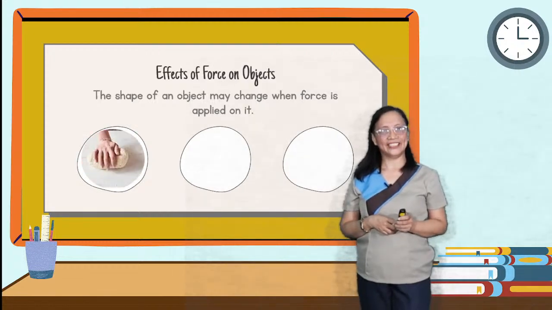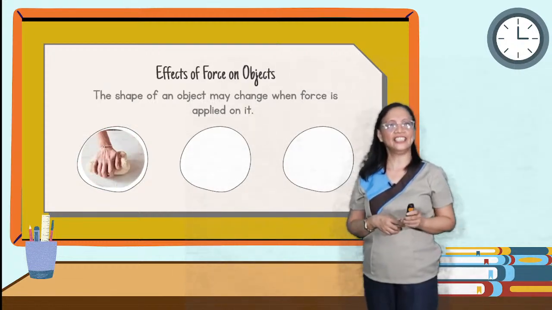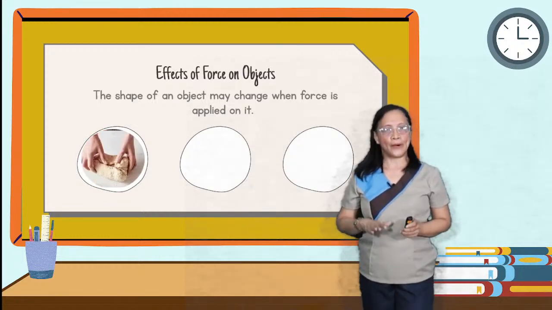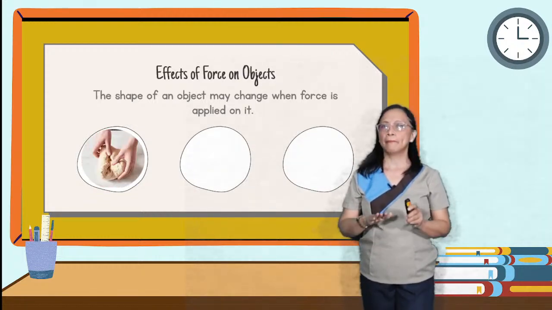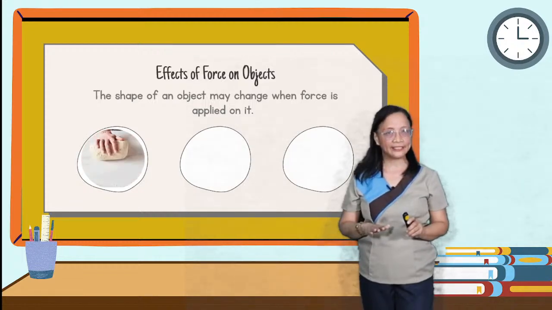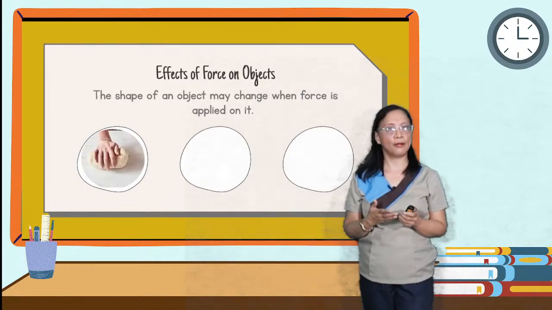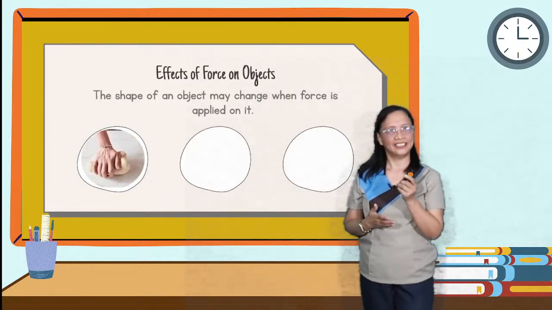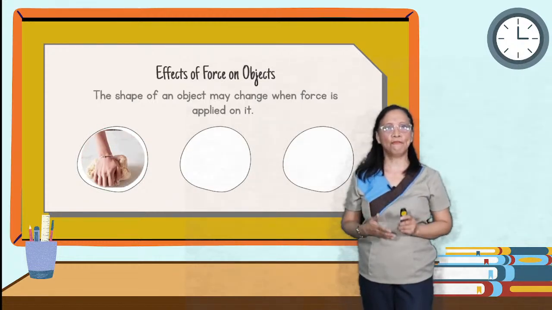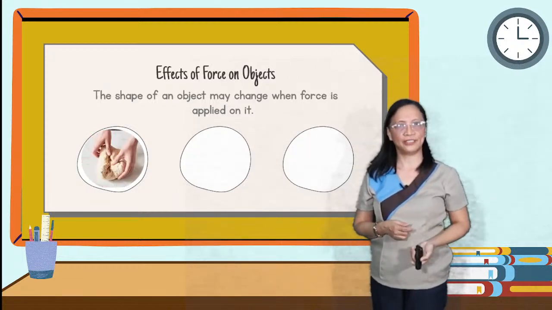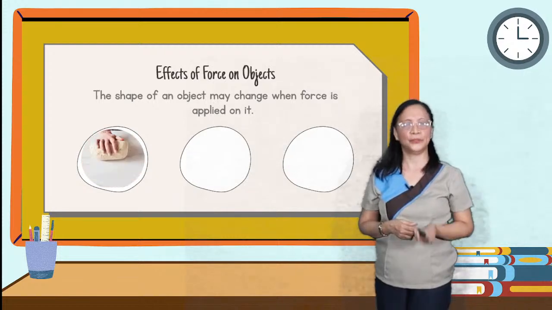Okay, what is that? Kneading dough. When I say kneading dough, pressing the dough to make a bread, and you can have a desired shape of what you want. That changes, the applied force changes the shape of an object. Kneading dough. Second,